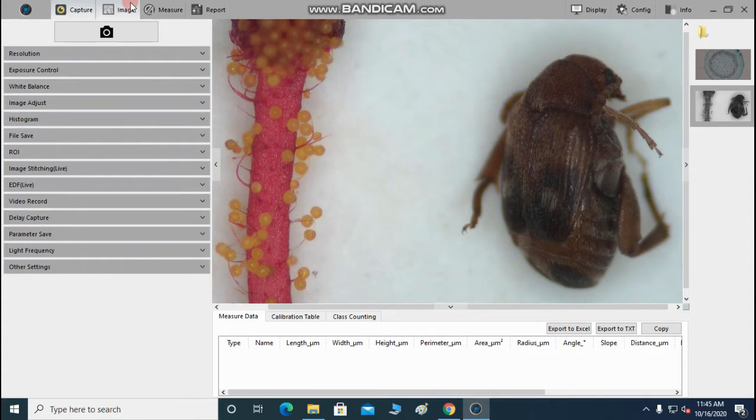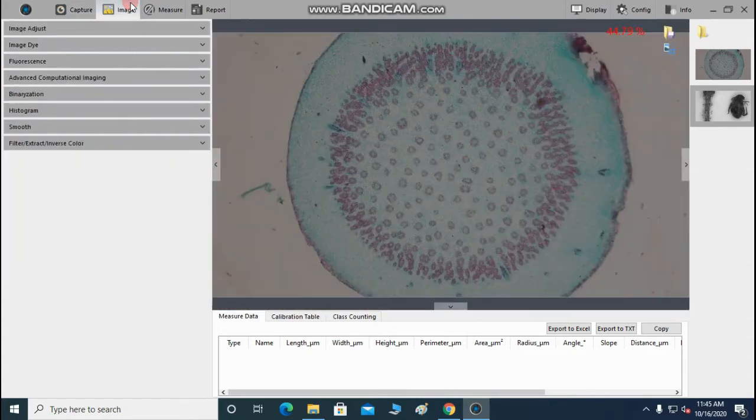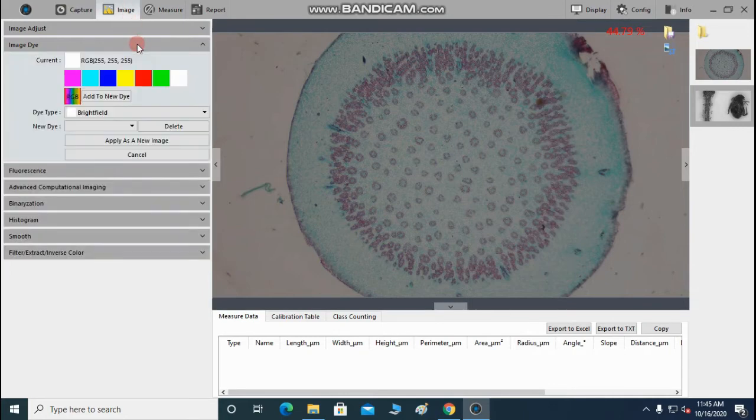Image adjust bar. Image adjust bar allows user to adjust the image parameters to revise the effects of captured image. Image dye can be used to color the already taken black and white picture.